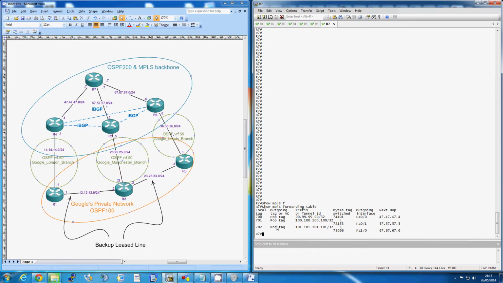So on R7 then, what does it do once it receives traffic for that network? It pops it off. So the outgoing tag here, we've been told to pop that tag off. So we then just expose the next MPLS label underneath, which would be the bottom stack label, 609, and that would then be sent to 67.6. So we send the MPLS packet to 67.6. And we've taken off the 702 label here and just left the 609 label for R6 to deal with,